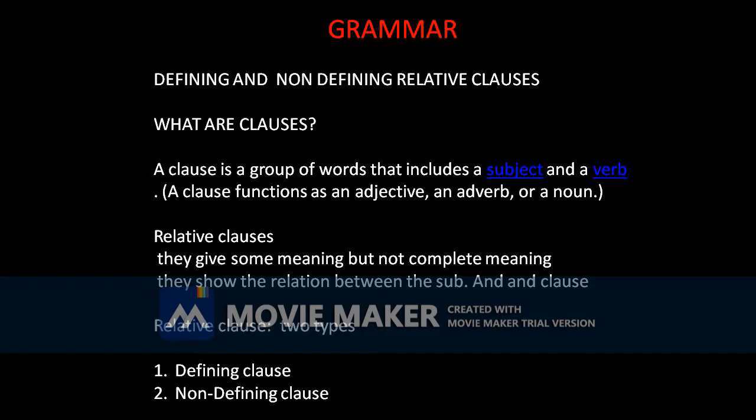Already we learned in the ninth class about these clauses. These clauses are also of two types: one is the main clause and another one is the subordinate clause. So what is a main clause? A main clause can stand on itself. We get some complete meaning from the main clause. But the subordinate clauses or the dependent clauses depend on the main clause. So a clause is a sentence which gives us some meaning but not the complete meaning. But this clause should have a subject and a verb.